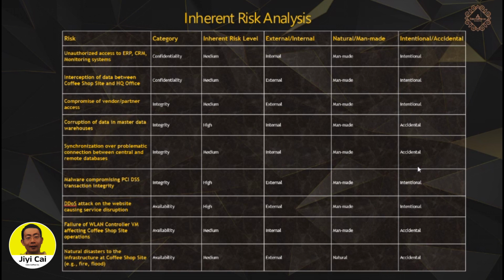Next is the DDoS attack on the website, which might cause service disruption, because the coffee shop has a website and a malicious hacker could probably initiate a DDoS attack on it. In that case, the website will be unavailable for public access. So it should be classified as an availability risk, and the risk level is pretty high because